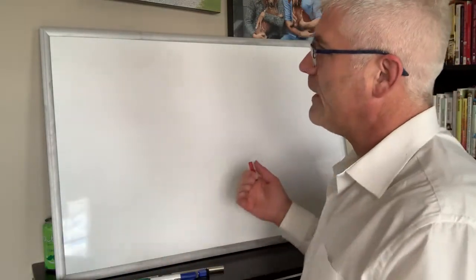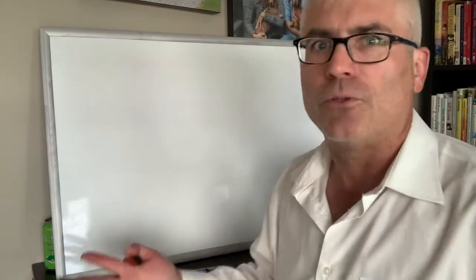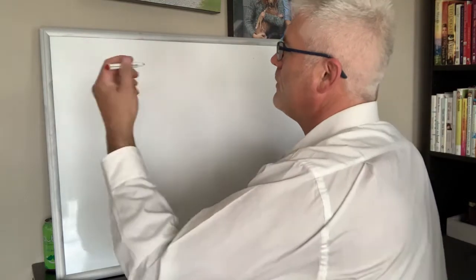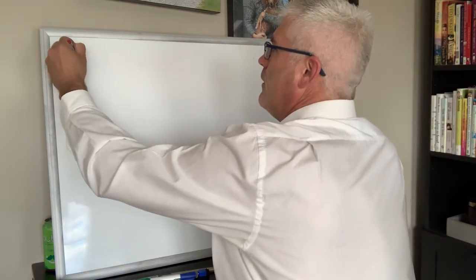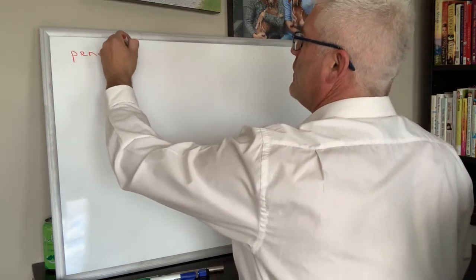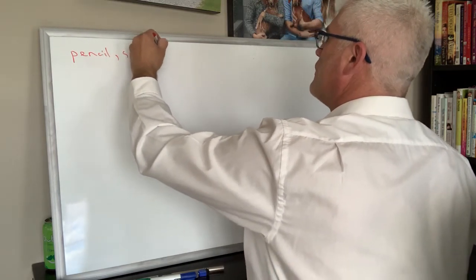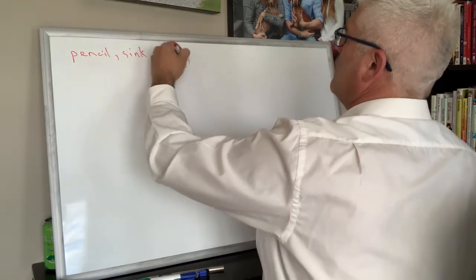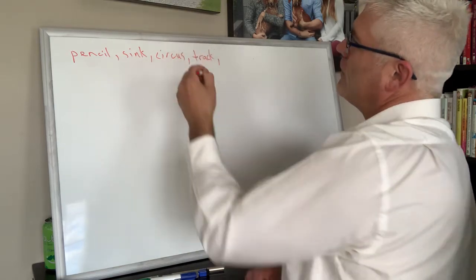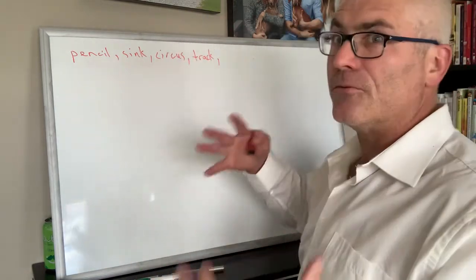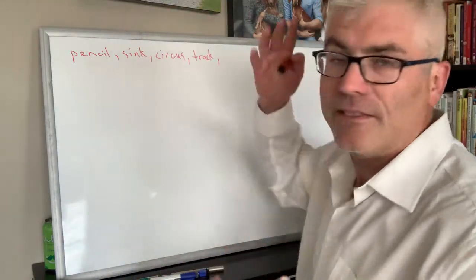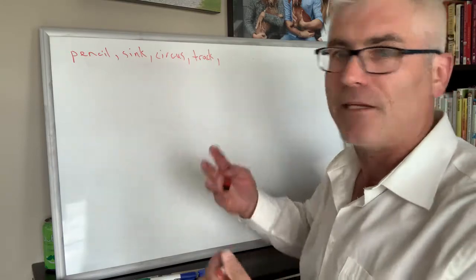Well, let's say you had a list of like 20 things that you wanted to remember. Obviously I have this list memorized, but I just wanted to show you something here. Maybe this will make sense to you. So you have pencil, sink, circus, track, and it's all in my head. I'm not trying to figure out where this list is. It's there, and as fast as I write it, it's coming out.